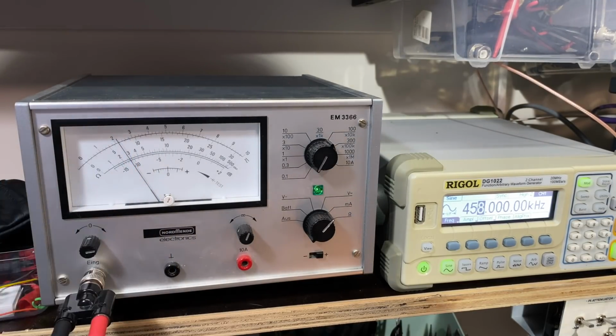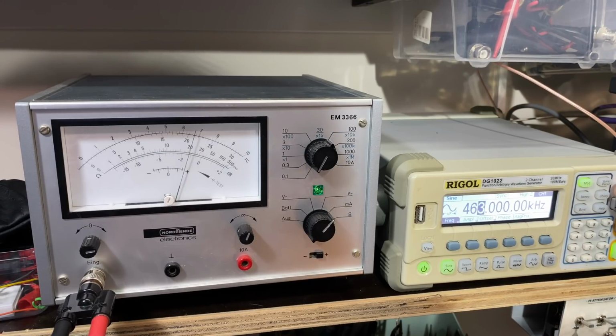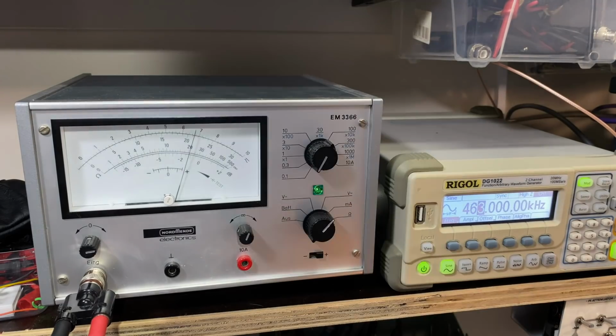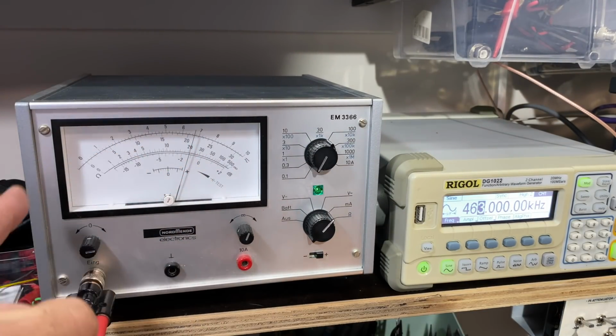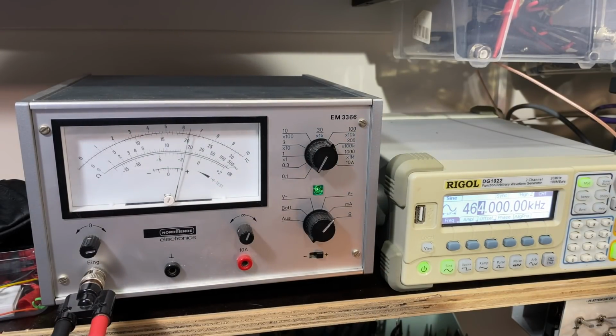This should be at 3. So it's not exactly the way it should be, but there we go in the middle. 459, 458, 457, it's at 2, so 3 below. If I go to 463, it's at 2 point something above, or just under 2 above. So it's not quite balanced. This should go exactly the same that way as it does that way by adjusting that center. Let's see if I...